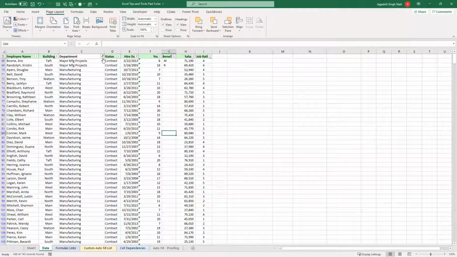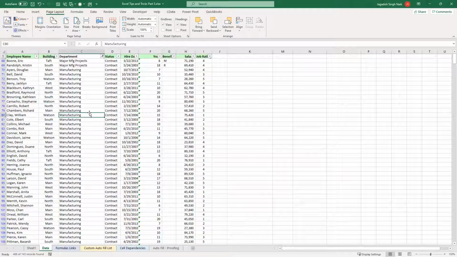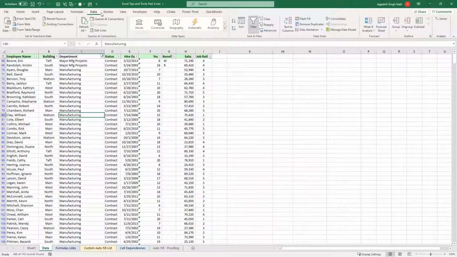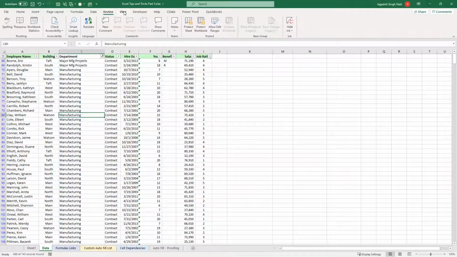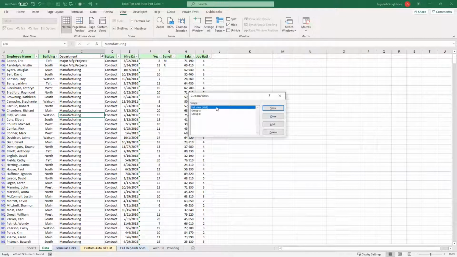And if I want to change back to group one again, I'll have to do this process again. And when you are dealing with multiple columns and multiple filters, it can be a slightly time-taking and tedious task. So what you can do is there's something called custom view. If I'm not wrong, it should be in the View tab. So what you can do is click on custom view, and